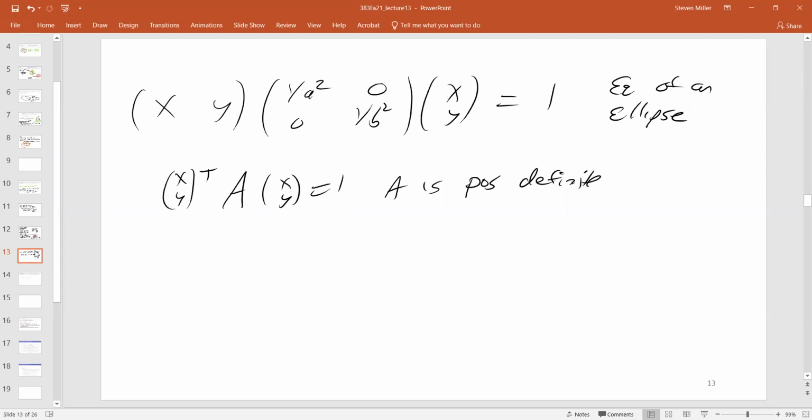So you might have seen positive definite matrices if you were doing multivariable calculus and talking about, do I have a maximum or minimum? And you had some of these formulas in multivariable calculus to tell when do you have a local minimum or a local maximum. And you have a local minimum if the upper left entry is positive and the determinant of the matrix is positive or something like that.